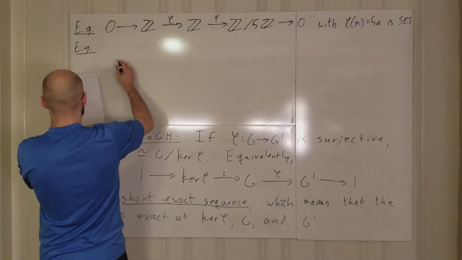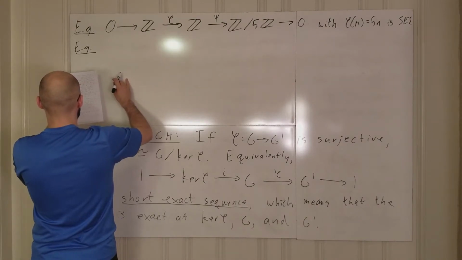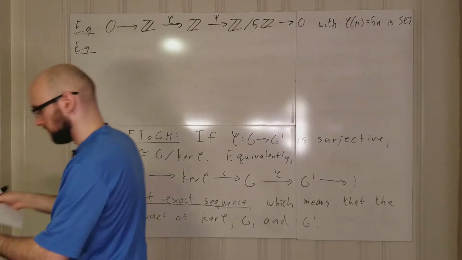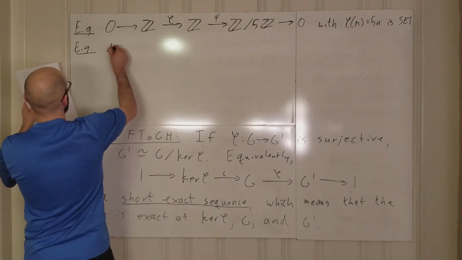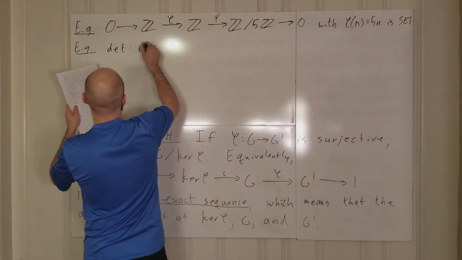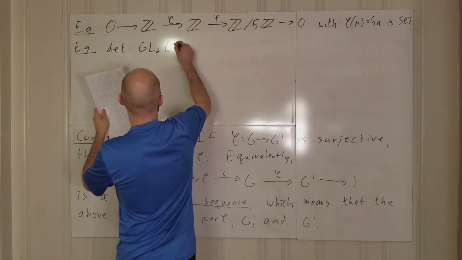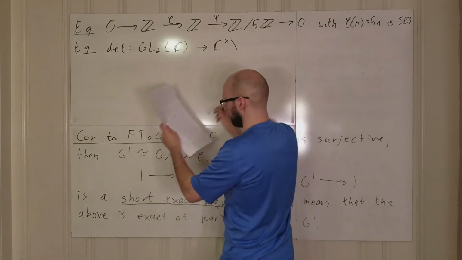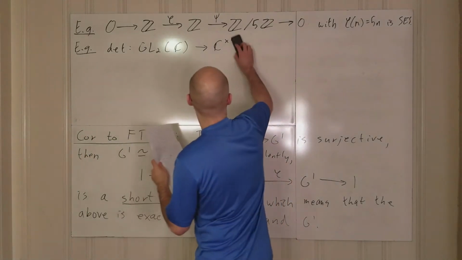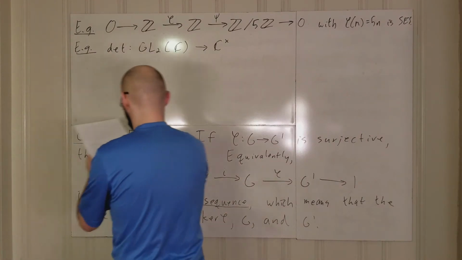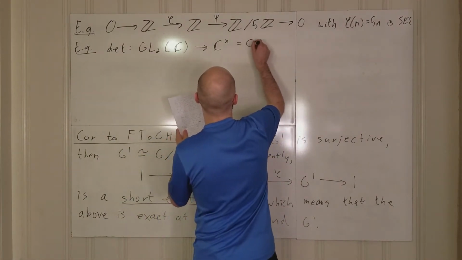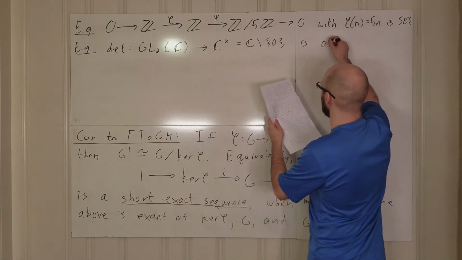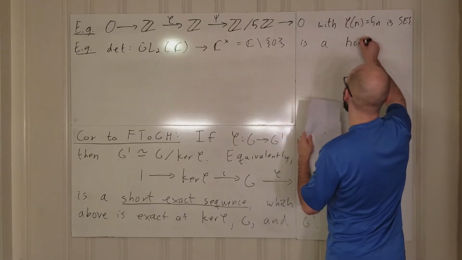How about another example? Let's remember how determinants work. Let's just take GL2C, and we're going to map to C cross, which is just C without 0. This is a homomorphism